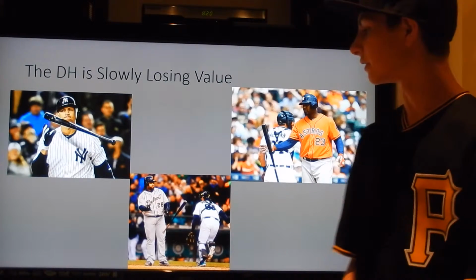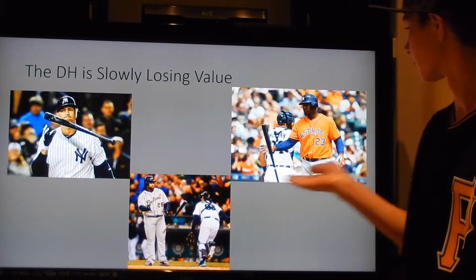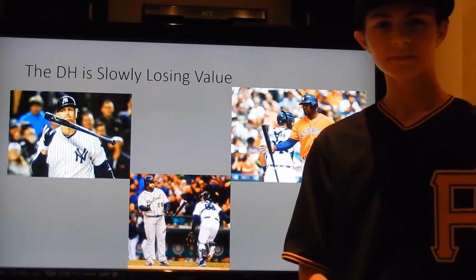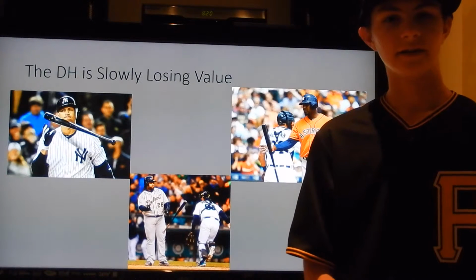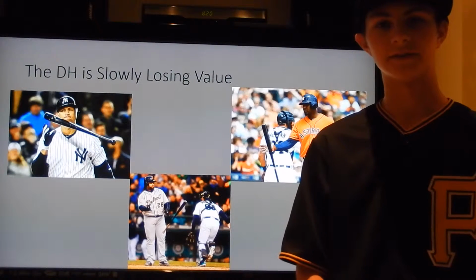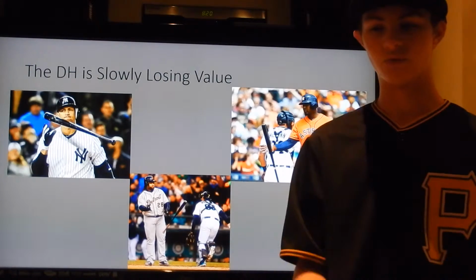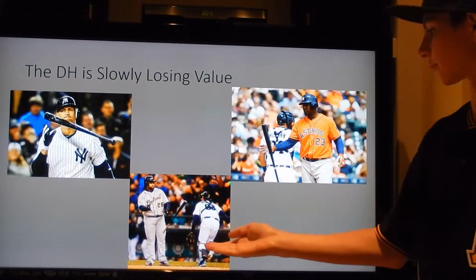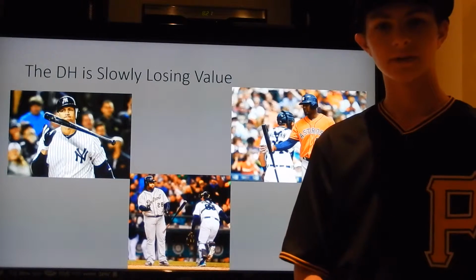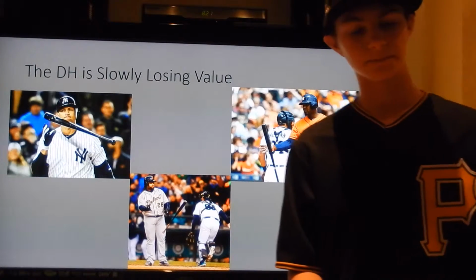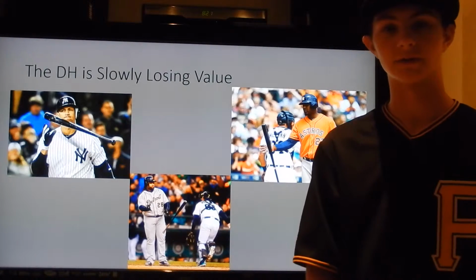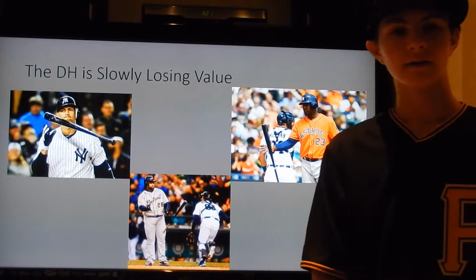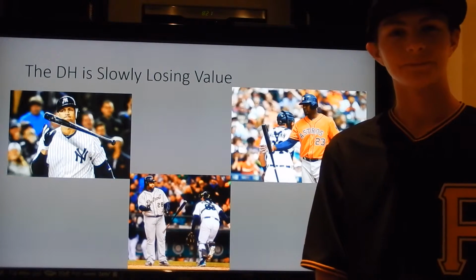And usually DHs, as you can see here, Prince Fielder and Chris Carter are big guys, and they hit a lot of home runs, as I said before. And that's kind of their main role, is to hit a lot of home runs in a season, and to just be run producers, and especially in tight games. These three teams were all contenders, and big run producers usually come from DHs. And Chris Davis is another one on here. It's a great DH, but he's not really struggling right now.